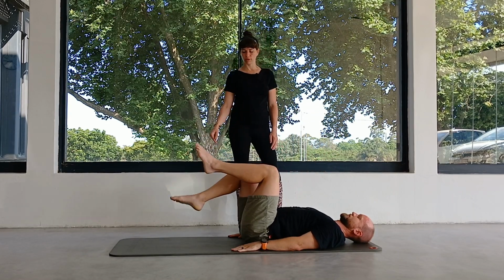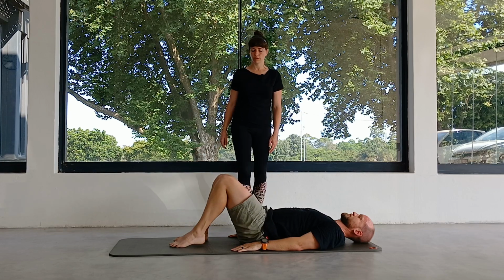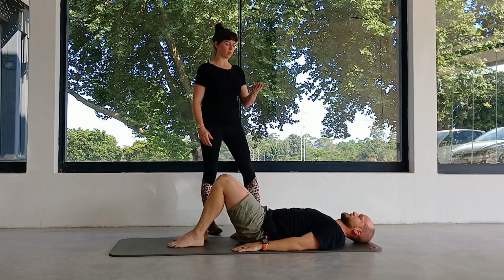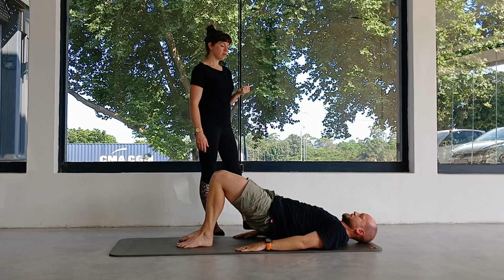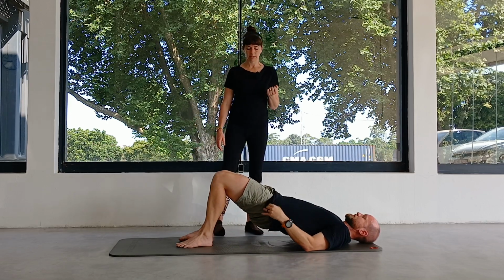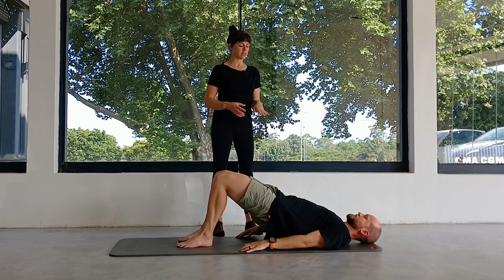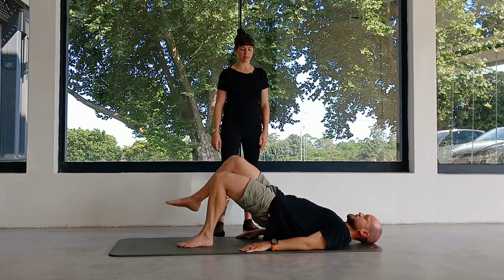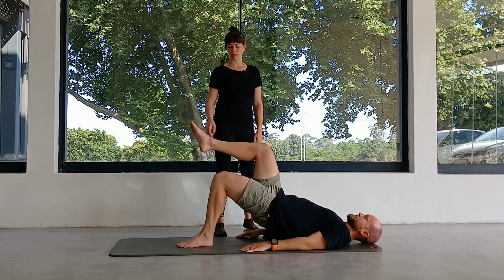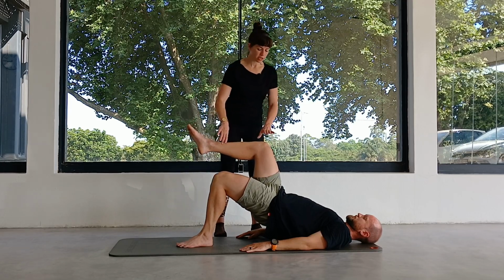Lower one foot to the floor. Lower the other foot to the floor and lift up your hips into a pelvic curl. We're bridging. Reaching the arms nice and long. You draw in the navel, you tuck the tail, you close the ribs, and then you lift your right leg to tabletop. So in tabletop, you want to shove the left foot into the floor and shove the right kneecap